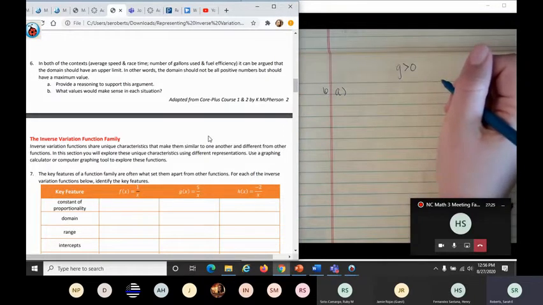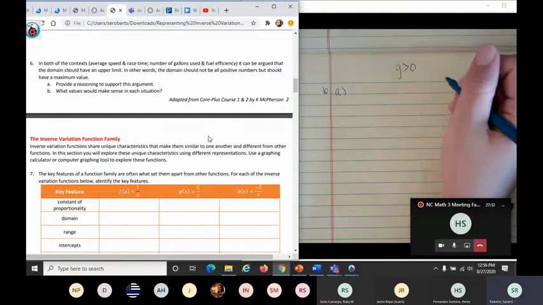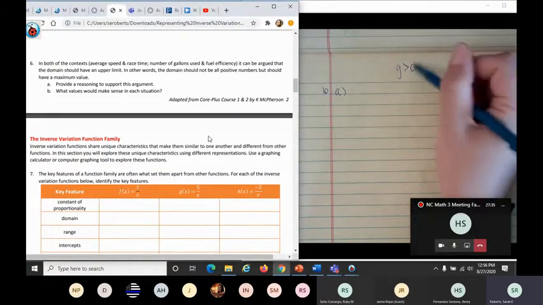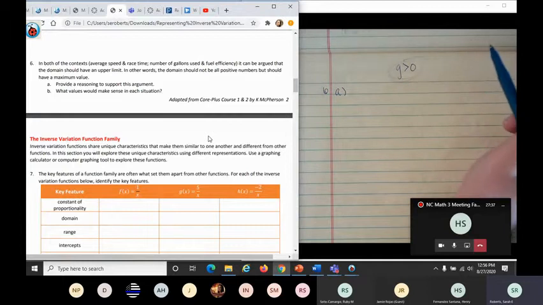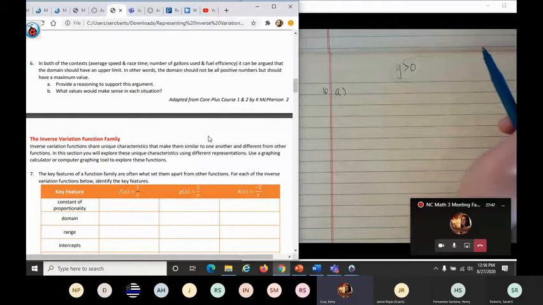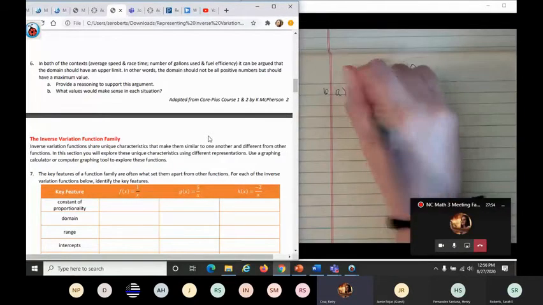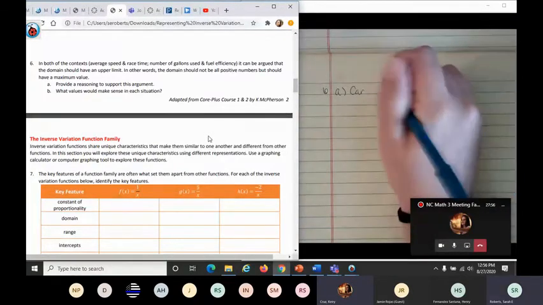So let's see. I kind of already explained it, but I want somebody to explain it in their own words. So Katie, can you give me an explanation for why we cannot have this as our total domain? So that domain is basically saying that any number greater than 0 could be the answer, like the amount of gallons, and the car does not allow you to get an excessive amount of gasoline. Yes, exactly.